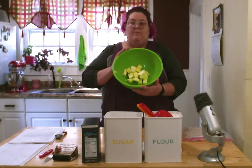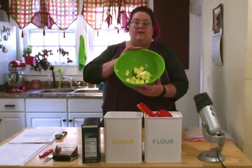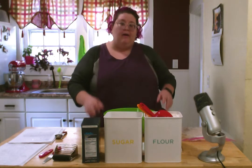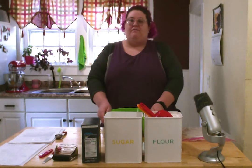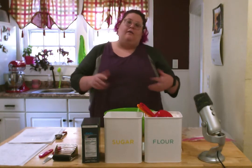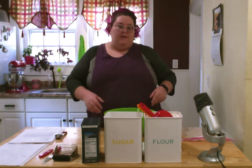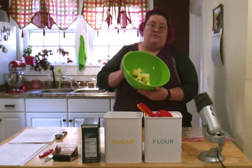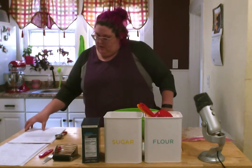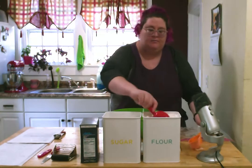What I have in my bowl already is 2 sticks of butter plus 2 tablespoons. So that's 1 cup and 2 tablespoons of butter. I froze this for about 15 minutes, so it's a little bit more solid, and it's going to be less likely to melt when we work with it. I also chopped it up so that it blends a little bit more easily. To this, we are going to add